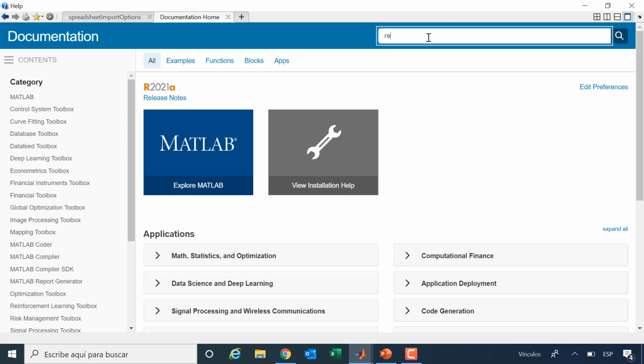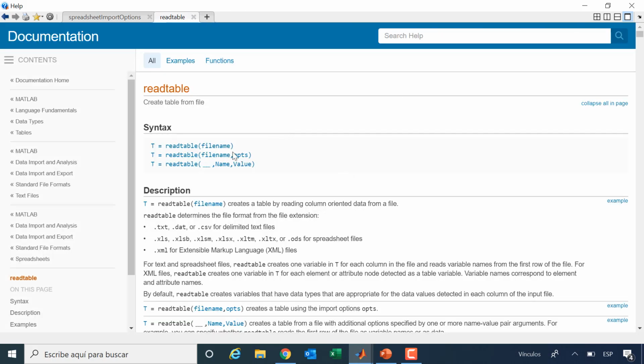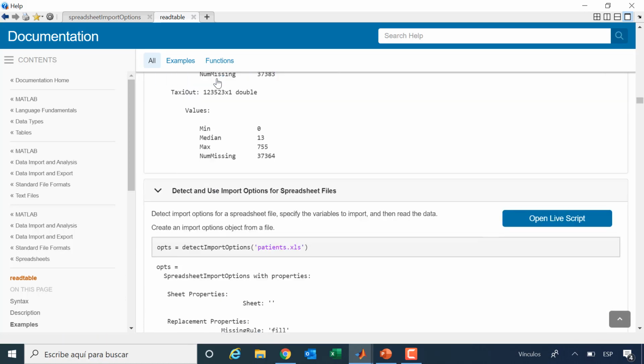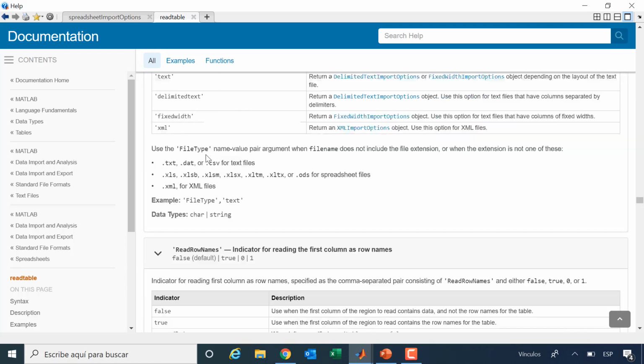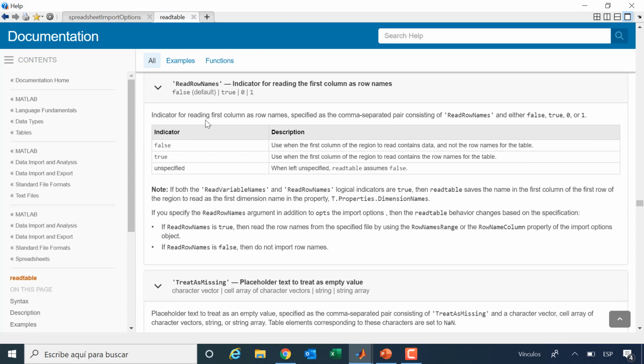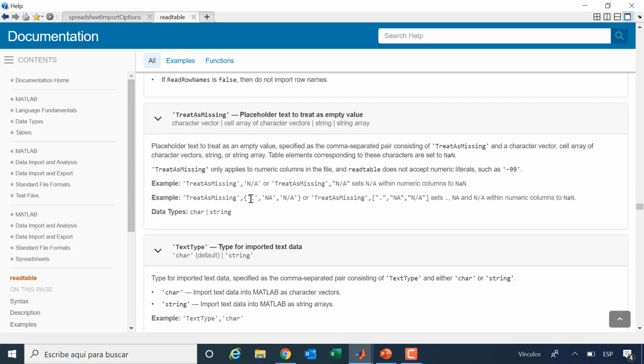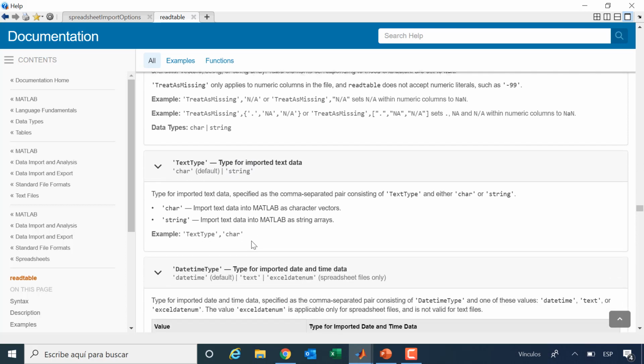If I search for read table instruction, I can see your first, by default, you can just provide the name of the file, or you could also have different options, name value, and it gives you the different choices like the file type, whether certain values you can treat as if they're missing, so you will ignore them in your analysis, how you want to deal with imported text, etc., etc.